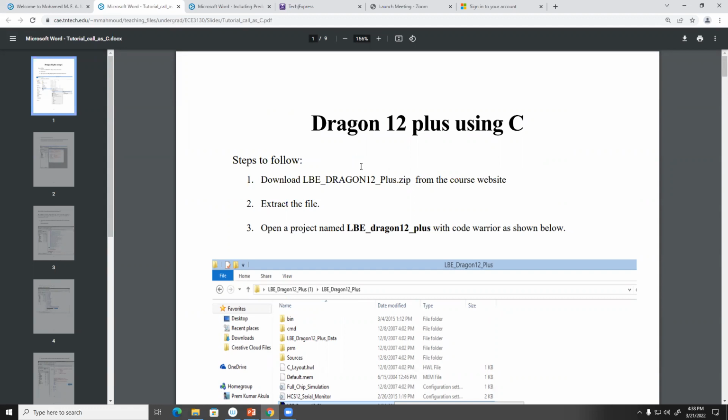Number one, you have to create a new project. Number two, you have to include the file subroutine. Number three, please don't use simulation anymore. Use serial monitor. This is what you have to do in assembly. However, what you have to do in C is different. I'm going to tell you why. In C, please don't create a new project. Why? Because if you create a new project, you are not going to find the functions we are going to use in C language. So if I don't create a new project in C, similar to what I did in assembly,